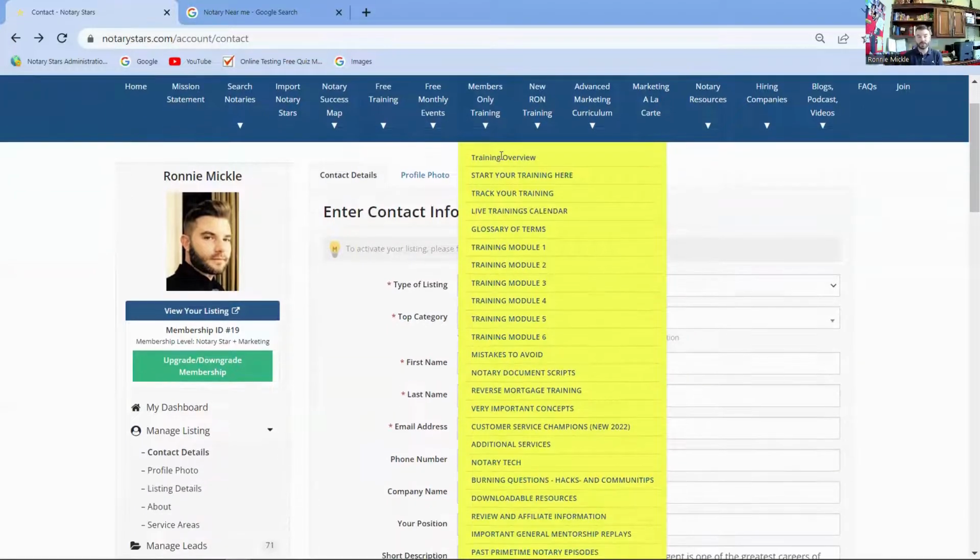You do need to be a Notary Star in order to get access to this training. We have a little tab here, start your training, and then track your training. This is designed to go step by step, okay? We start you out with the basics of a buyer's file, seller file, refinance, but then we start adding information. So as you go through, you're going to move into